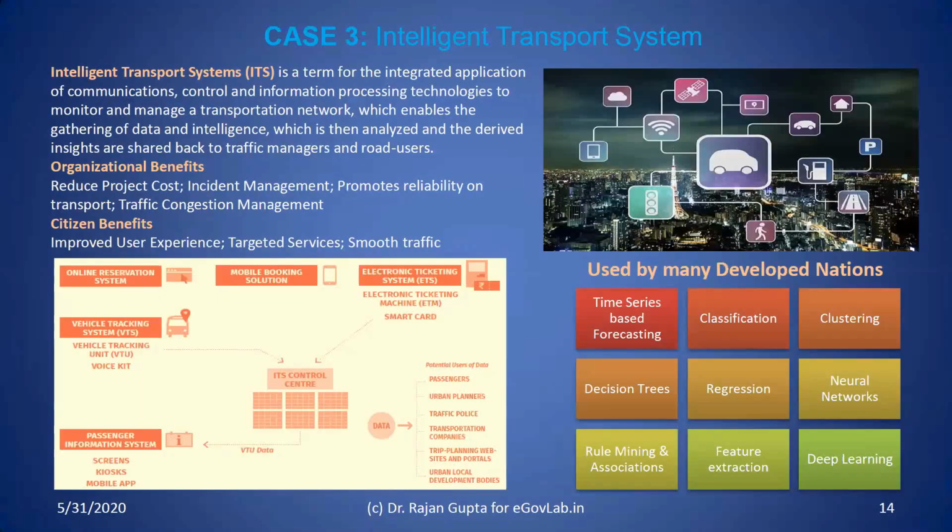And the third case is with respect to the intelligent transportation system. Now, again, traffic management is one of the challenges that every government is facing. There are a lot of traffic jams. There's a lot of fuel wastage that happens. There's a lot of chaos that takes place because population is rising big time, and the vehicles associated with the population are also rising. So government needs to manage both the public vehicles as well as the private vehicles.